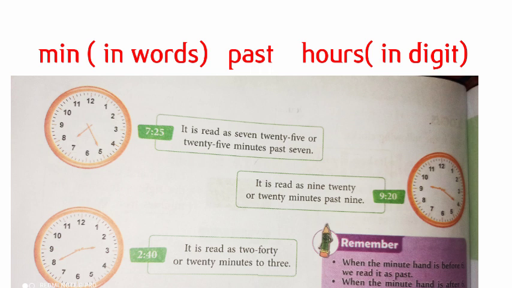For minutes, what do we see? For minutes, we see the minute hand, and for hour, what do we see? We see the hour hand. If the hour hand is between 9 and 10, we consider it 9 for using past. Okay. If it is between 2 and 3, we use 2, right? So the smaller number you always take whenever you are mentioning the word past, P-A-S-T, in your timings.